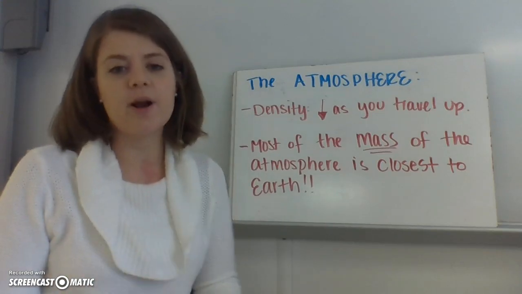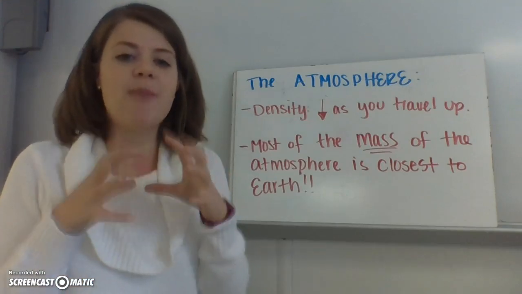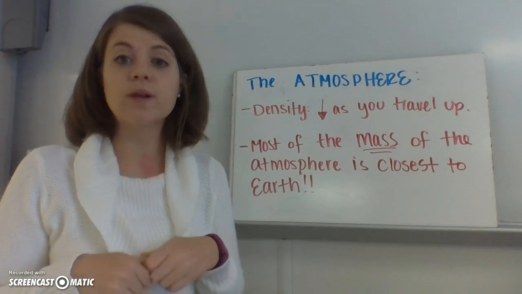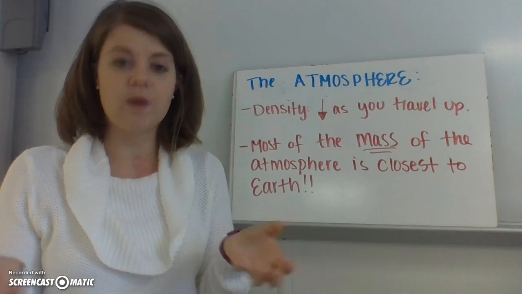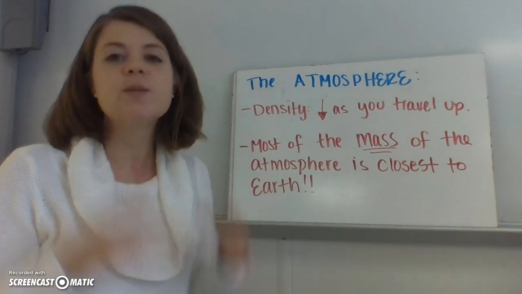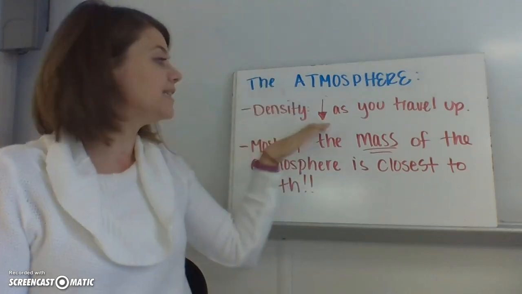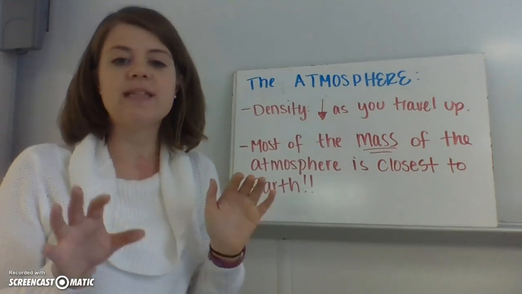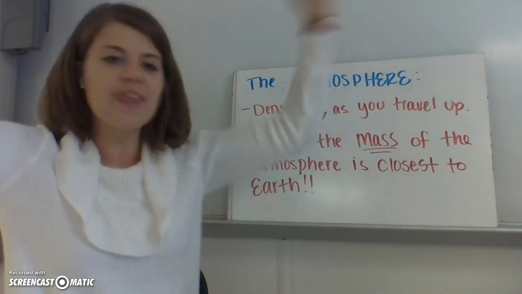So you may or may not remember density from 6th grade. Density is how much mass an object takes up in a specific volume. So which one would be more dense, a bowling ball or a soccer ball? Well, the bowling ball would, right? It takes up more mass in a specific volume. So in our atmosphere, as we go up, as we get higher and higher, our density is decreasing. It's very important. It's decreasing, which means that it's getting thinner and thinner as it goes up,